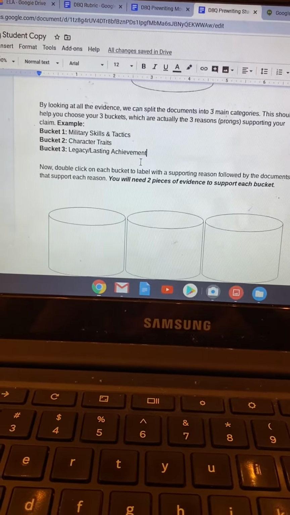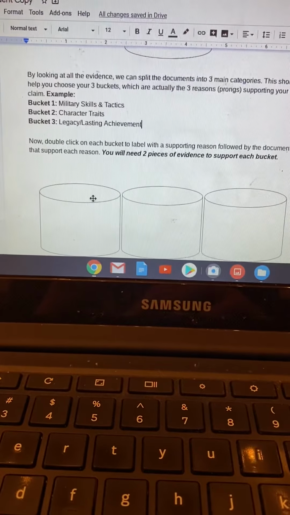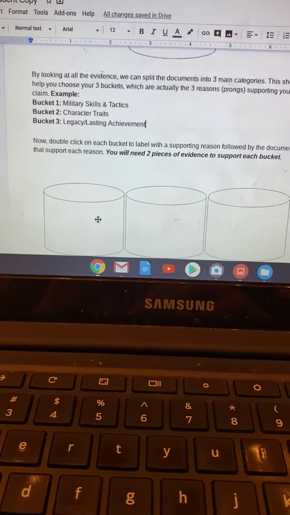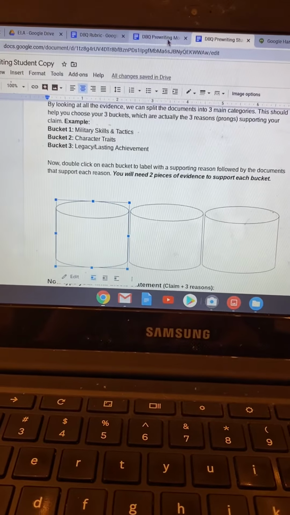There was a document where we saw him as a military leader execute people, and he told everyone to do it with joy. Okay? So you could say here, to support his military skills and tactics, if we're saying not great, he was a bloodthirsty conqueror. Okay, just to give you an example. So these categories are really meant to help you narrow down what you are naming your buckets. All right, so let's go back to my model one more time and look at how I did that.